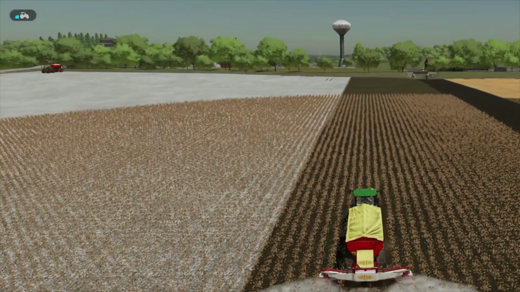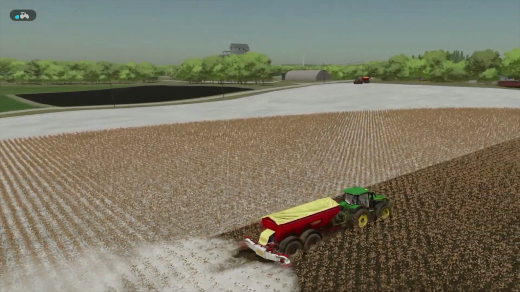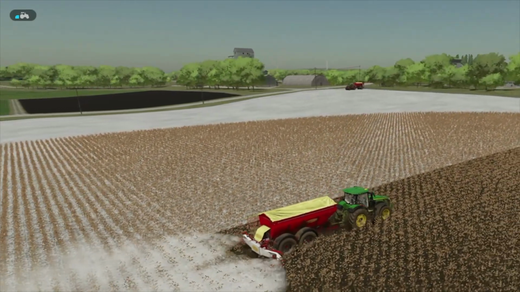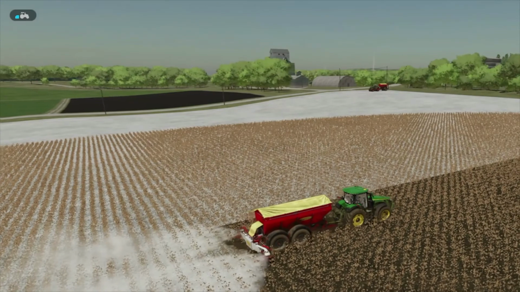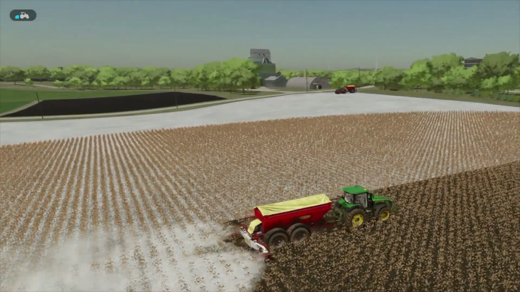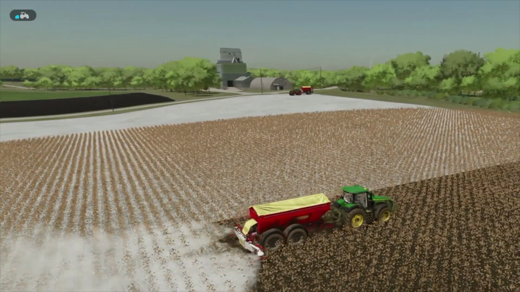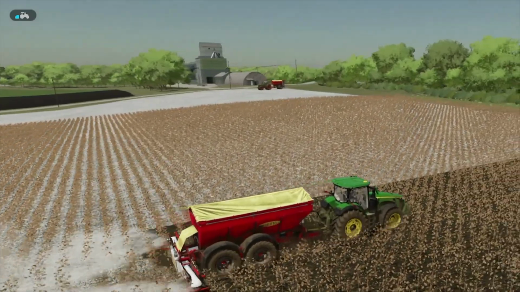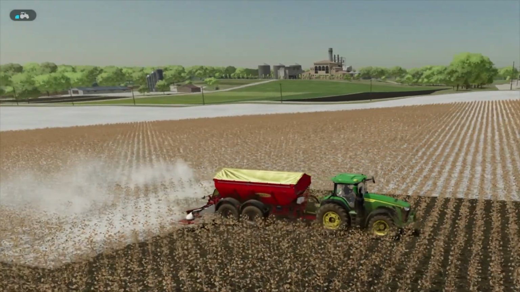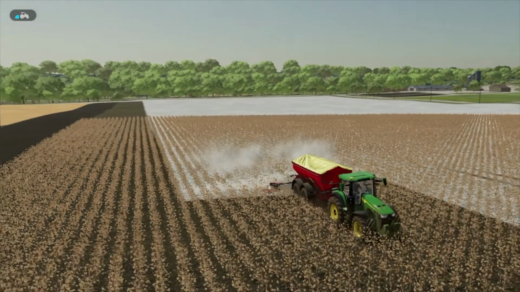All right, this guy's flat getting across this field. I took some equipment back to the farm to get it out of the way, and I brought back the fertilizer spreader over there. Now we're going to wait until our lime spreader is almost done, because the fertilizer spreader spreads at a much wider width,